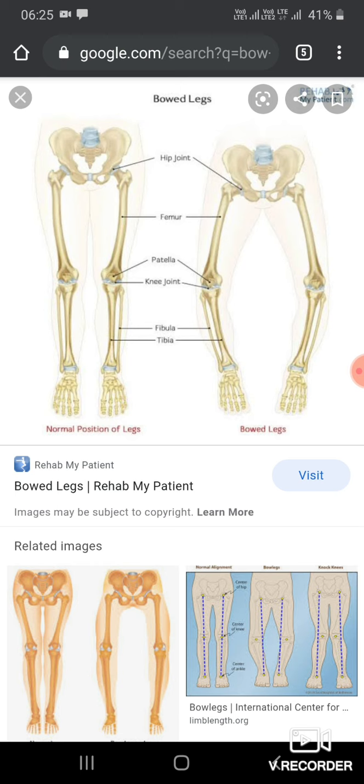You have to do Ardha Chakrasana, Garudasana, and also do a practice of turning the knees inward. Okay, and next is